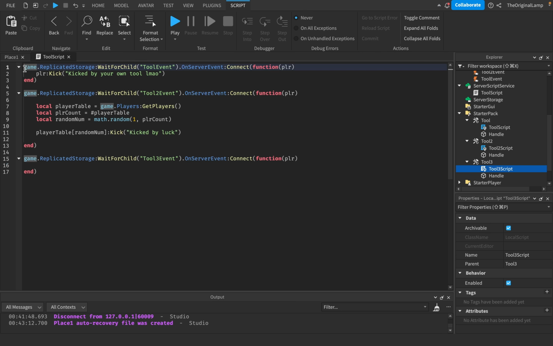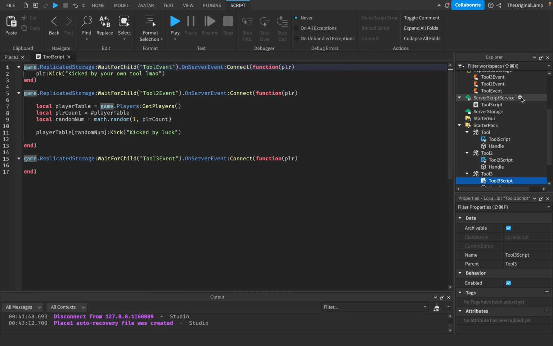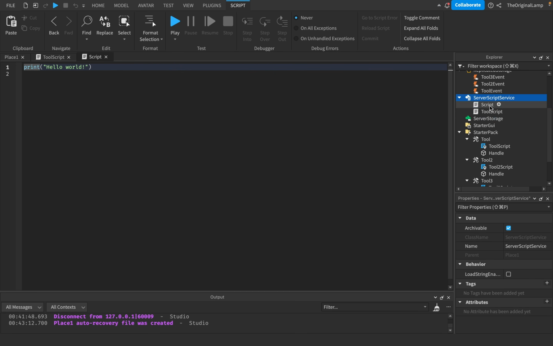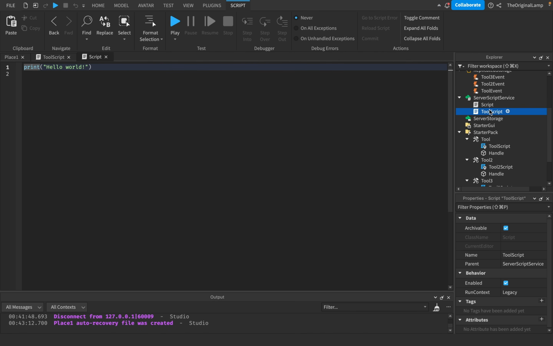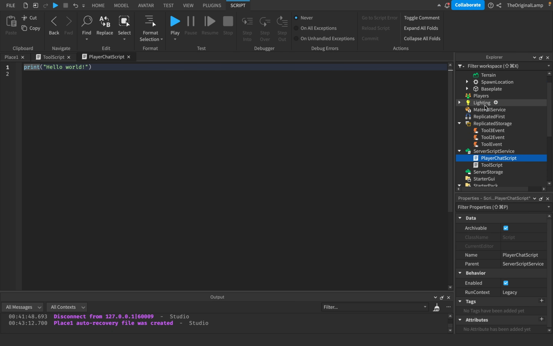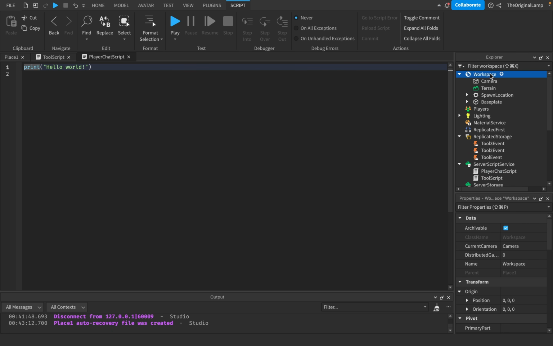by every single player. And we can do this by creating a new script, which we don't have to do. You could just do this in the tool script, but I just like to keep stuff organized. And we can call this script player chat script. So what I'm thinking of doing is whenever a player makes a chat, we will give the